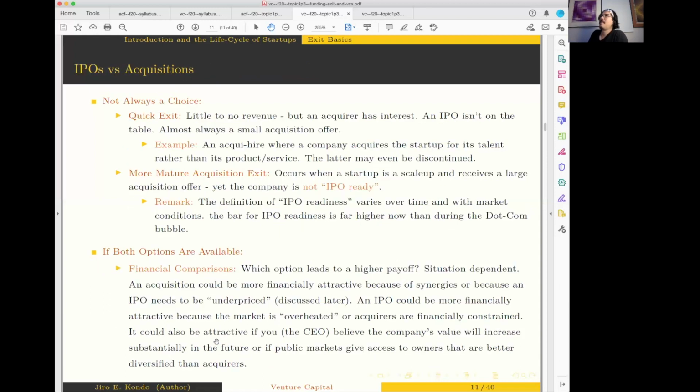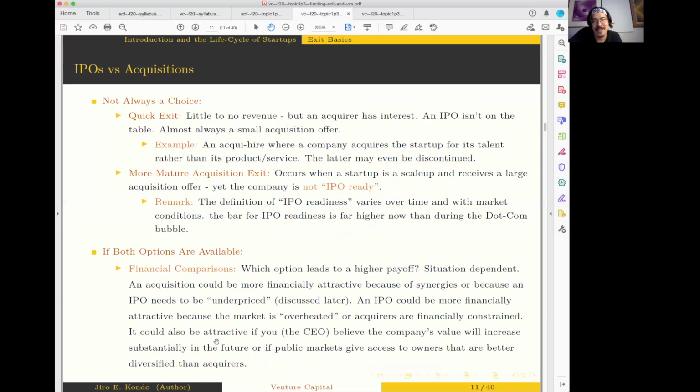Okay? So it's useful to be familiar with these exits. It's also useful to think about the choice surrounding exit, right? And there are two dimensions of the choice that are important. One is, if you're going to exit, what type of exit should you pick? And the other one is the timing of exit. So I'll talk a little bit at a high level about both of those decisions.